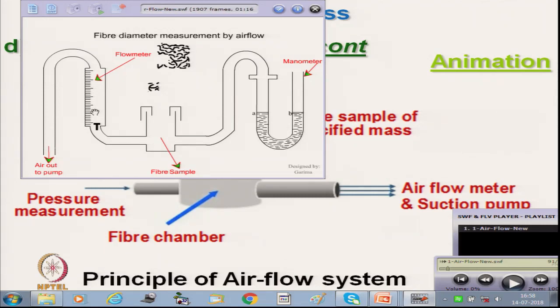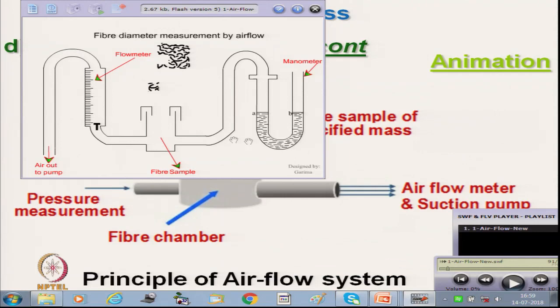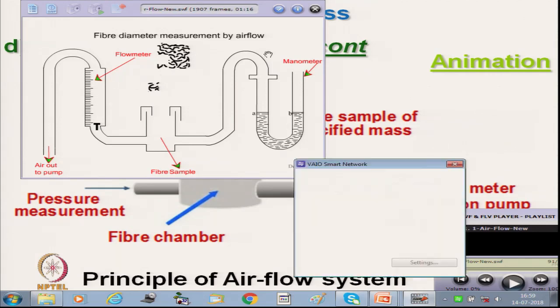This is based on a large number of known micronaire values, then only we can gauge. So, if we know the micronaire value for a certain pressure, suppose it is 4, a 4 micronaire, then if it is known, that is called calibration of the machine. So, if we know the mass, and for that mass we know the micronaire is 4, then we can say okay, this gauging is all right. Now, for a wide range of micronaire we use different types of fiber, different micronaire, and we gauge accordingly.